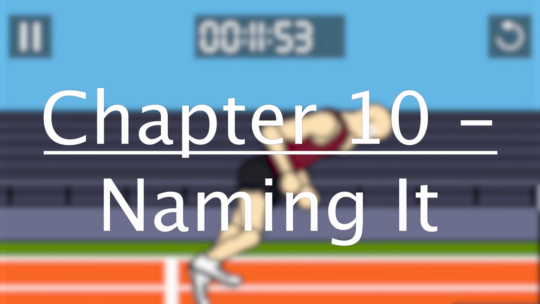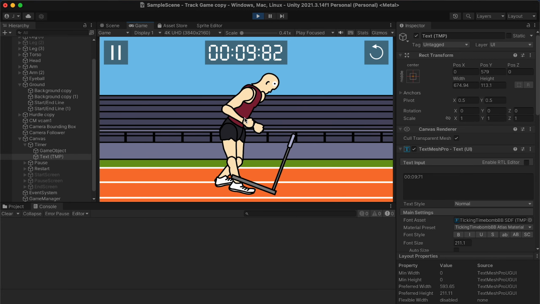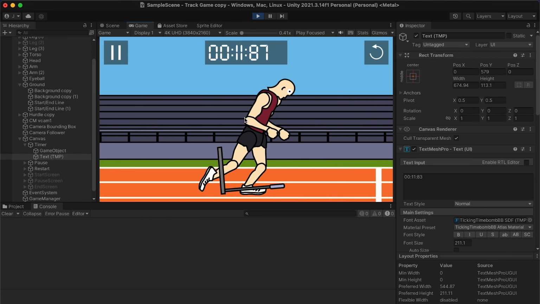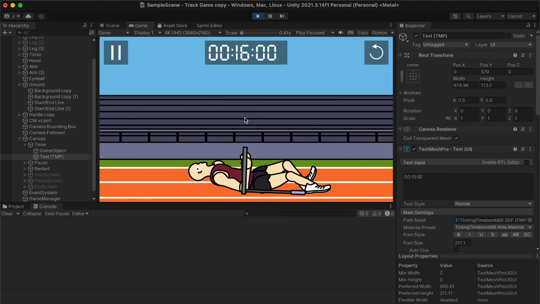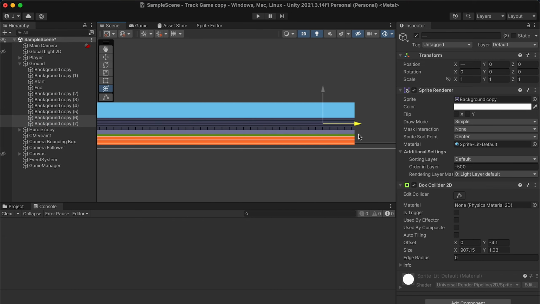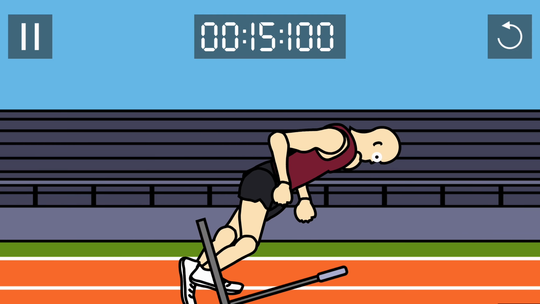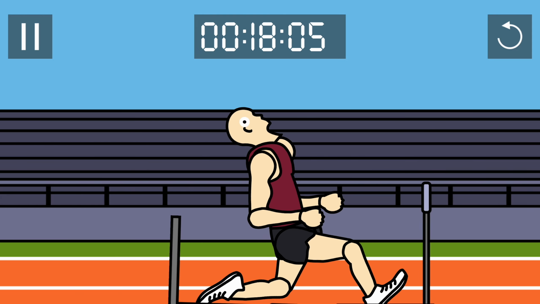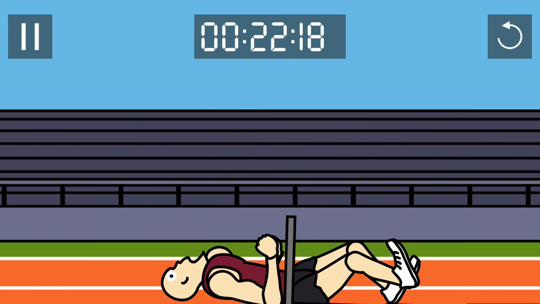One thing I wanted to do before exporting and finishing the game was extend the level a little bit. At that point in time, it was really short with only one hurdle. I thought I'd just add quite a bit of length and a couple more hurdles. It was really easy to do with just some copy and paste action. The game was really great. I absolutely loved playing it, and it's one of the highest quality games that I think I've ever made.